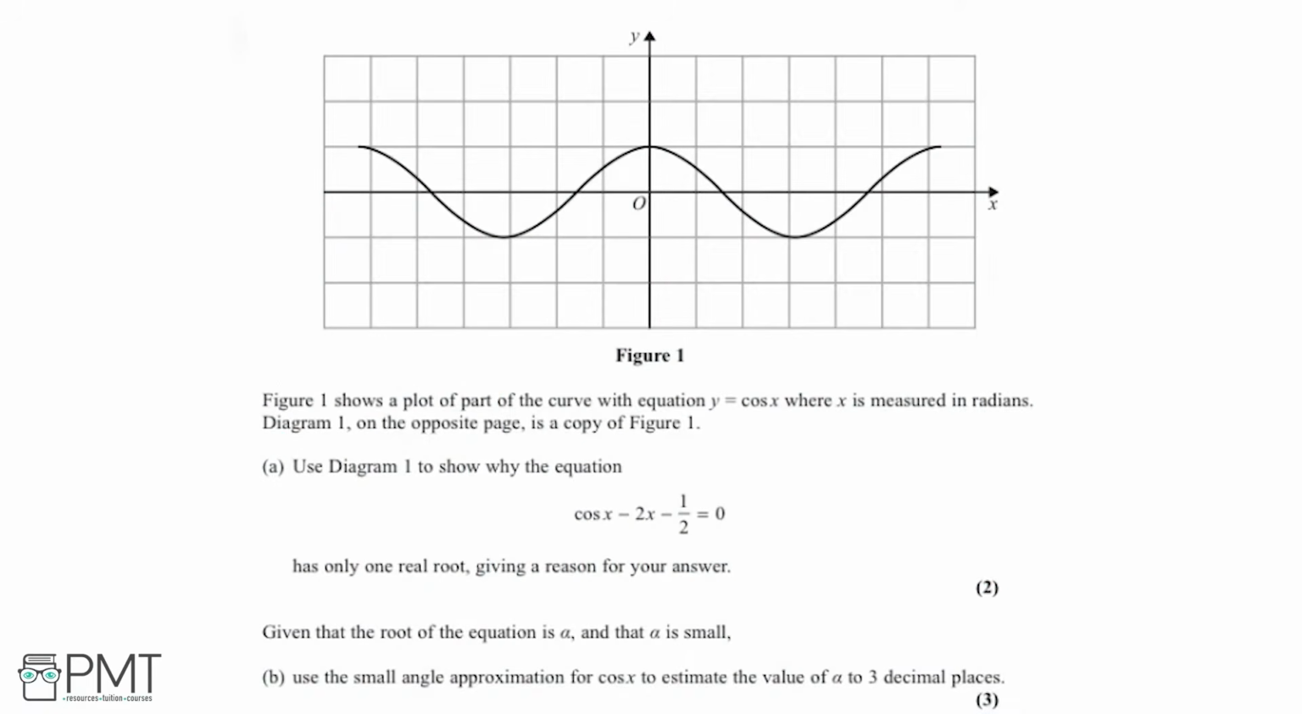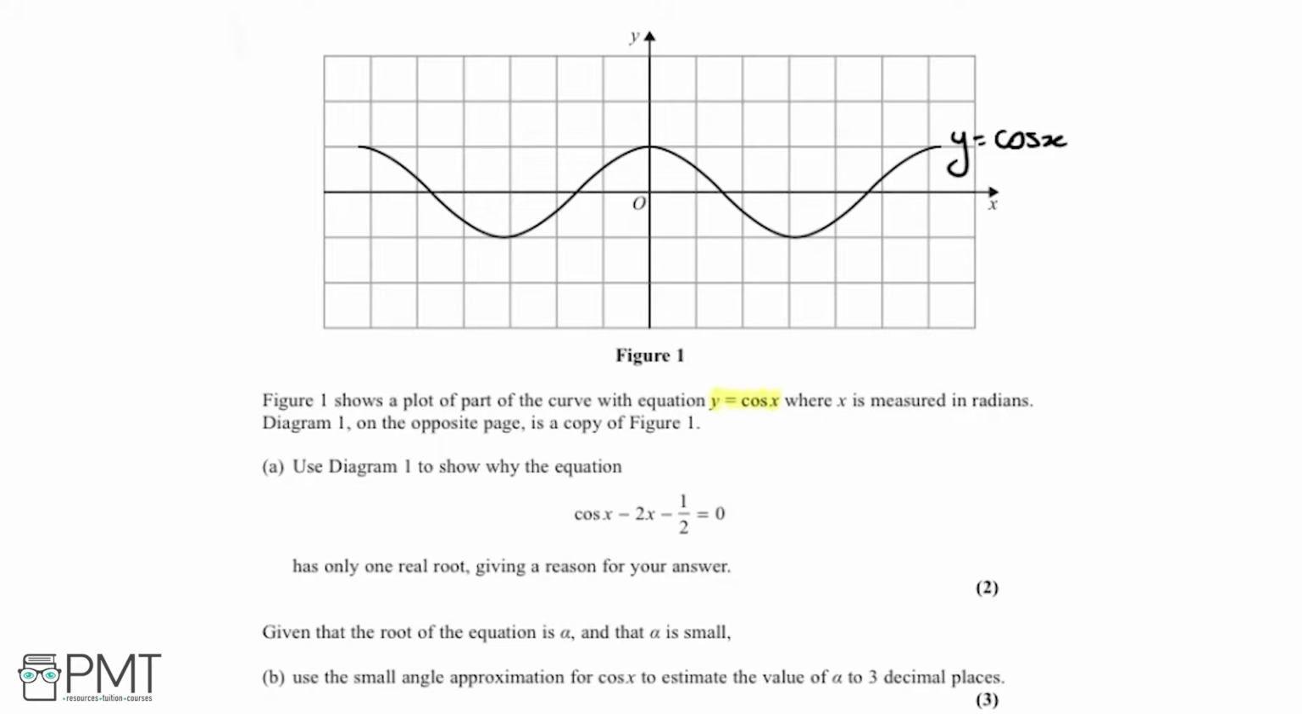So figure 1 shows a plot of part of the curve with the equation y equals cos x, where x is measured in radians. Okay, so I'm just going to stop there quickly, and whilst we're here we can see that we've got y equals cos x on figure 1, so I'm just quickly going to label this on figure 1